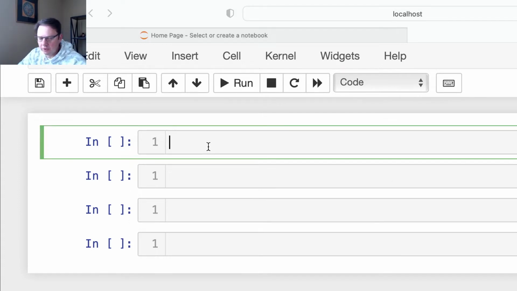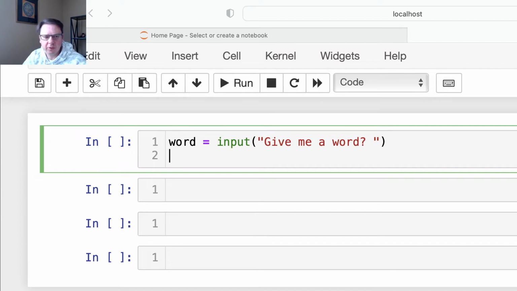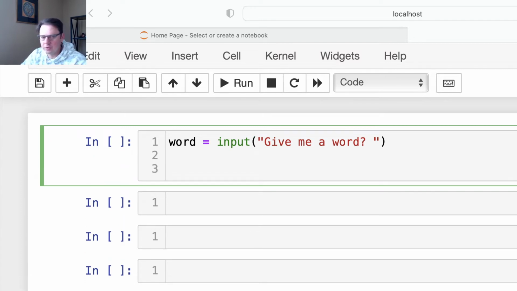So first things first, let's create a variable named word and ask a user for input. All right, so you know what input does. And write something like "give me a word". All right. So then when we get this word, we would need to use a for loop: for letter in